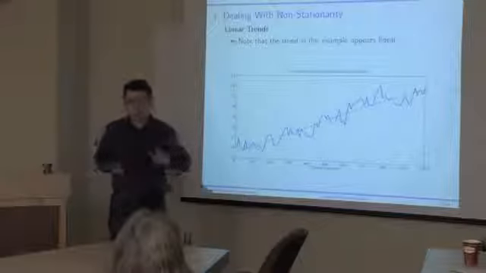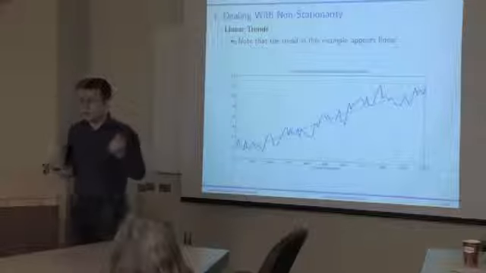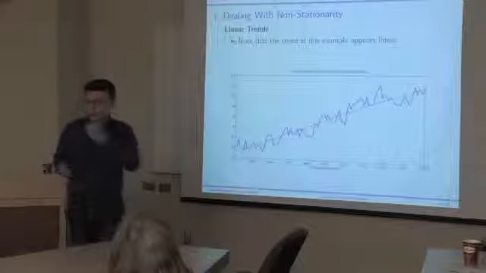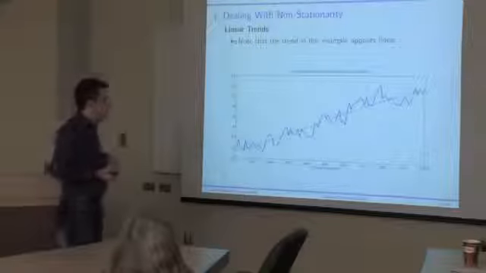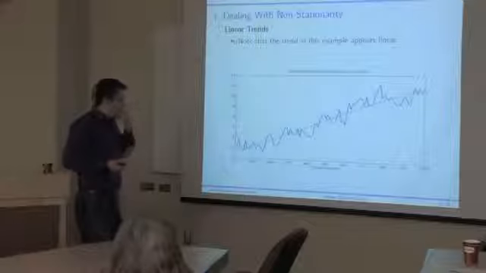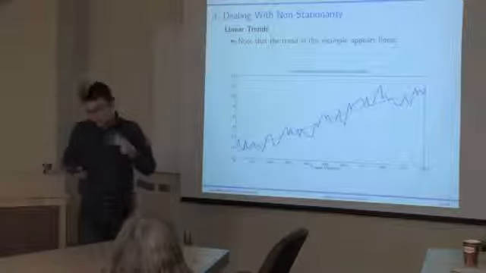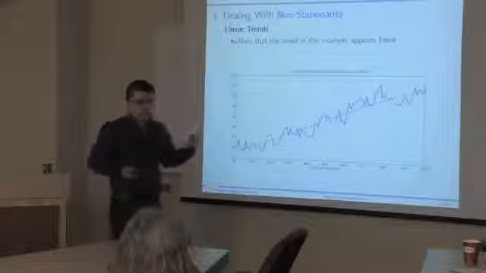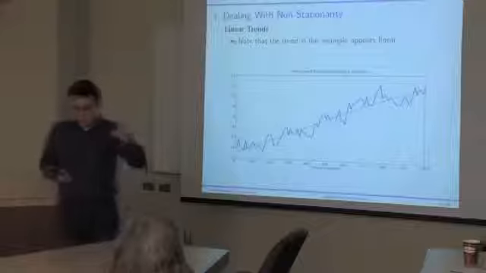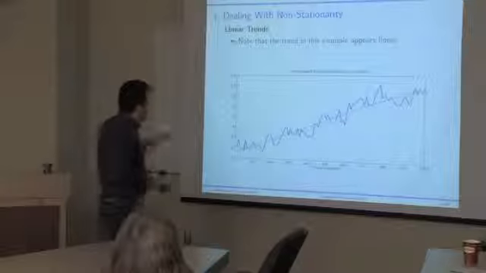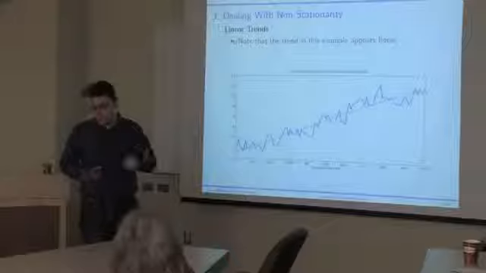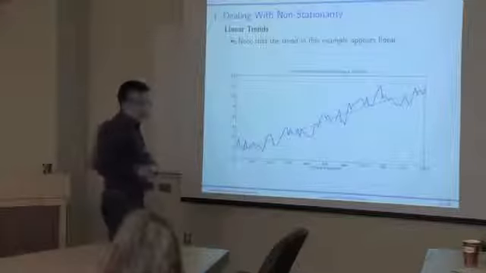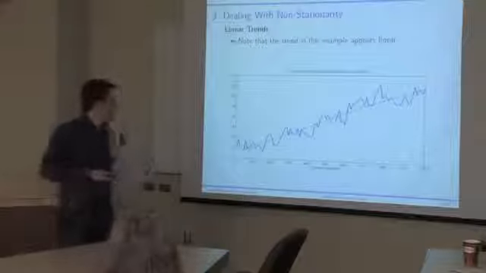Is it that the mean of these data is changing? And if so, in which way is it changing? Is it trending upwards? Is it trending downwards? Is it trending upwards in a linear way? Or is it, for example, the variance of these data which is changing? So in the simplest possible case of non-stationary data, you can have data which has a linear trend. You may get a data set where the variance doesn't really change, but the mean of the series tends to go up or down at a constant rate over time. In this case, we would say that we have a linear trend in the data.